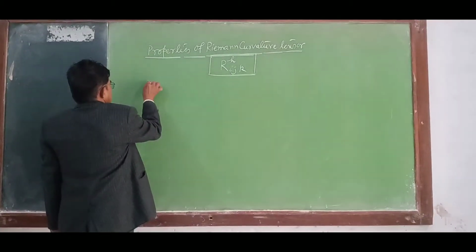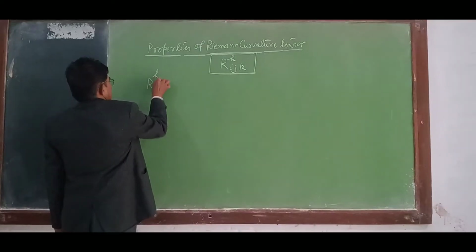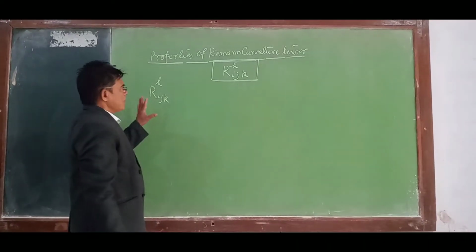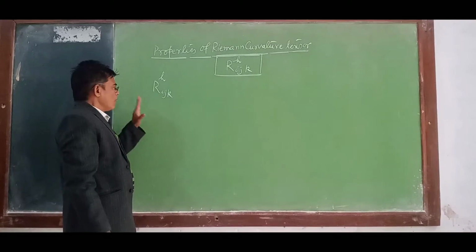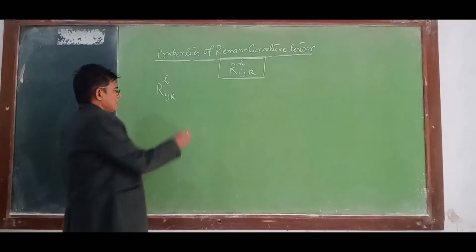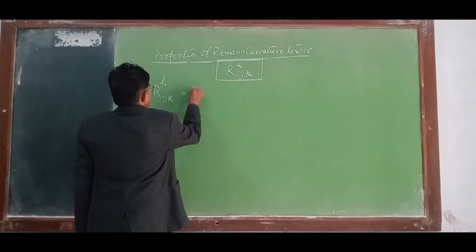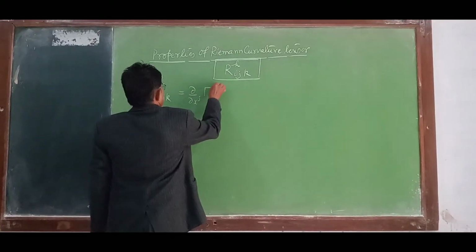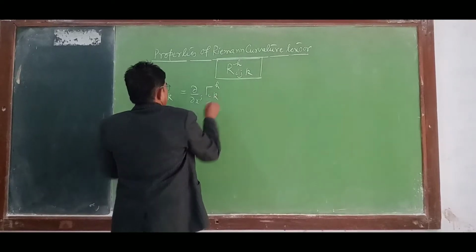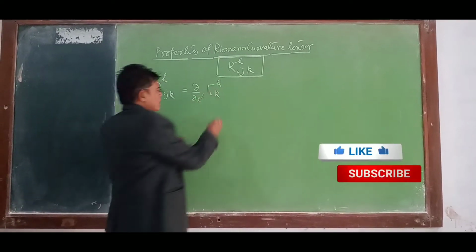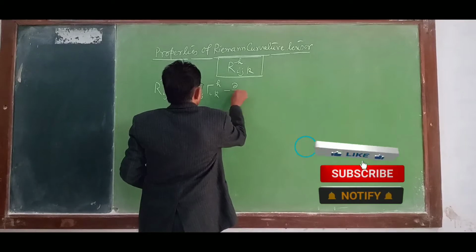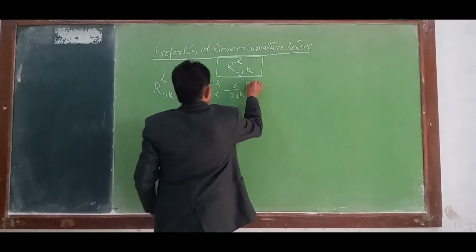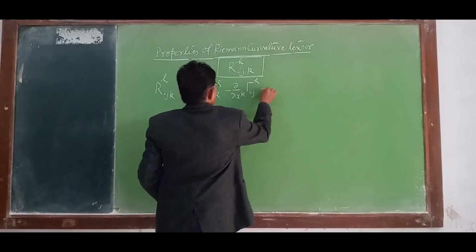The curvature tensor means R^h_{ijk}. This is the notation of the Riemannian curvature tensor. The value of R^h_{ijk} is equal to ∂/∂x^j of Γ^h_{ik}, Christoffel symbol of second kind, minus ∂/∂x^k of the Christoffel symbol of second kind Γ^h_{ij}, plus